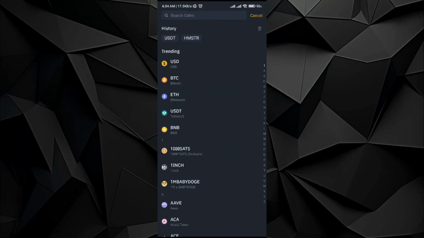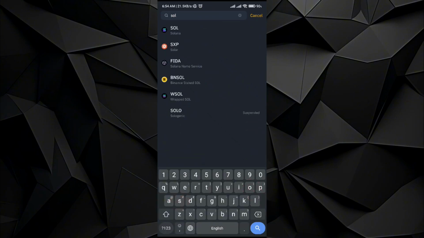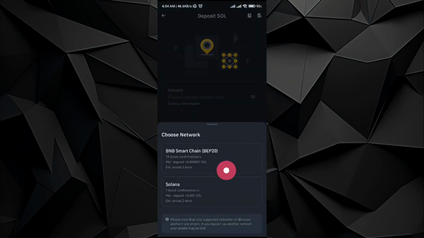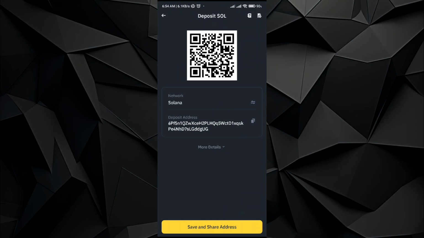So for example, I want to deposit Solana, so I will search Solana in here. So here you will see the Solana. Choose the network, that could be BEP2, BNB Smart Chain, or the Solana. So just go with the Solana. For me it's gonna be Solana, so just copy the deposit address and make sure that you go to the